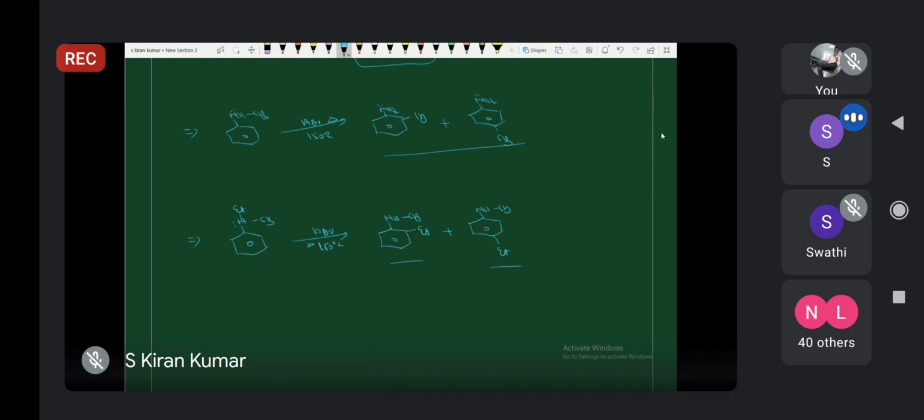This is Hoffman-Martius rearrangement. Just two examples are written here. A propyl group is present: hydrogen and propyl on nitrogen. HCl or HBr, whatever it may be. For example, HCl at high temperature. What is your answer? Orthopropyl and